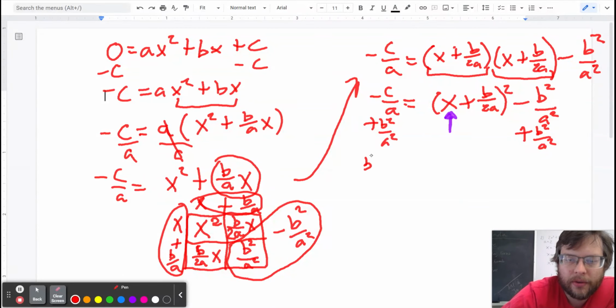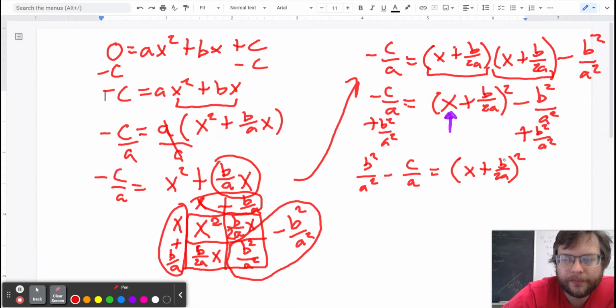So now I have b squared over a squared minus c over a equals x plus b over 2a squared. Let's make this into a common denominator on the left side. The denominator needs an extra a so that I can have a squared. So now I'm looking at